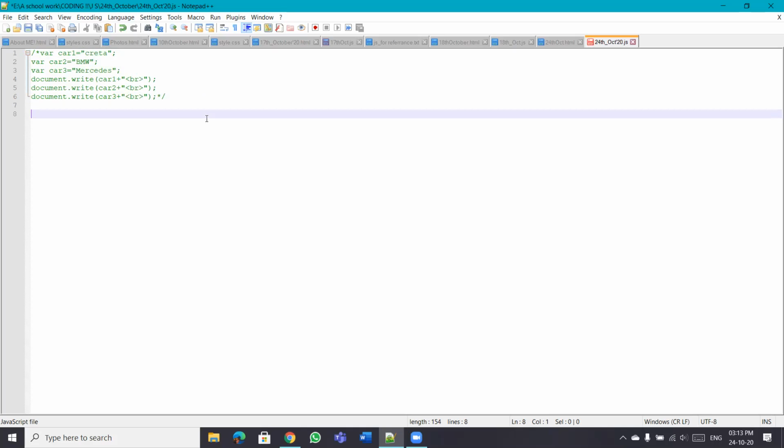Now to define an array, you will always start with var. Let's say var, then give space. We'll give the name of the array, cars. And then we are going to assign values. So the array, how it does it, one second. I've got cars as the name of the array variable. I'll say equal to, then I will give a square bracket. Within this square bracket, I will define all the three cars that I have. Okay, within double quotes. Okay, sir.